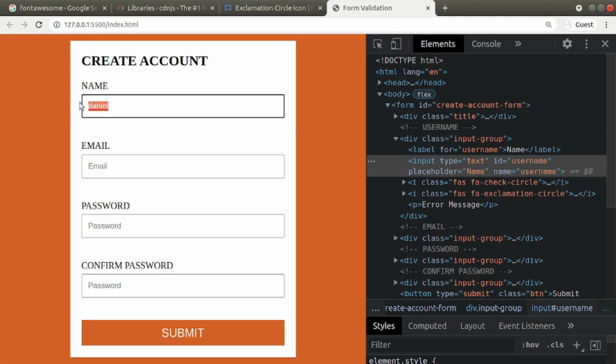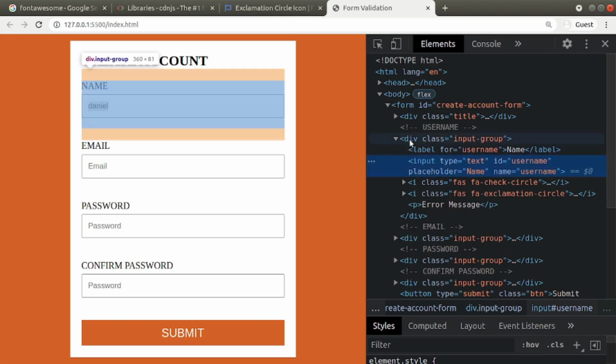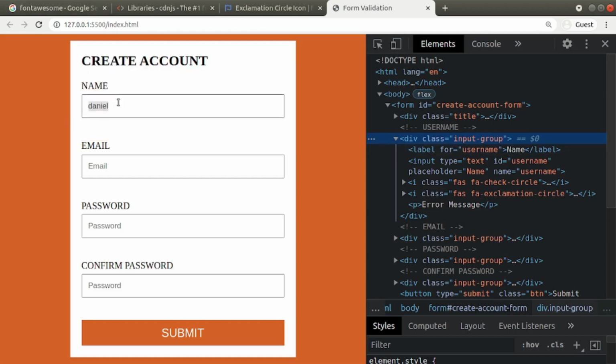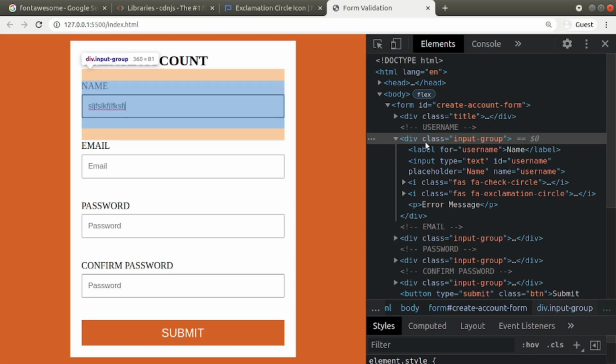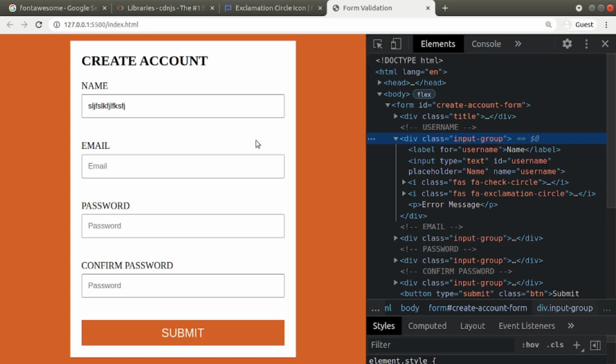And what we'll do, we go to its parent, this input's parent. Let's see where it is. This is the input and its parent is this div with class name input. Now here we'll add the success class from JavaScript. If the user gives some invalid input like this, we go to its parent, again this one, and we'll add the error class here. Now I'll show you how it looks when we add these success or error classes.